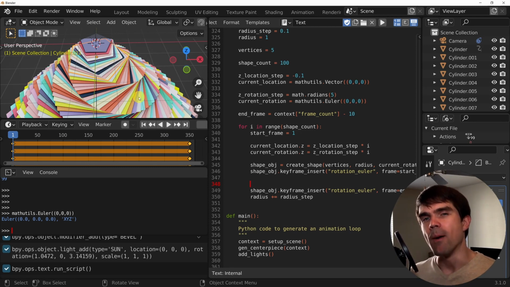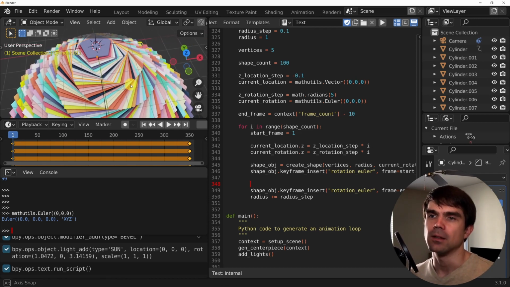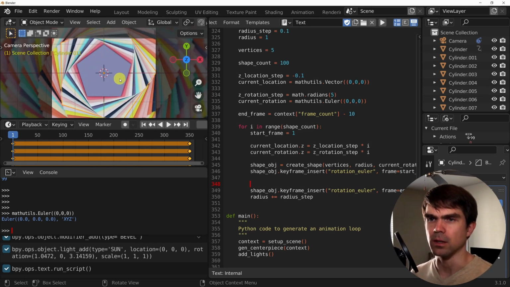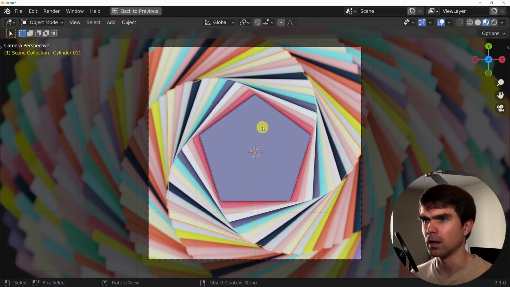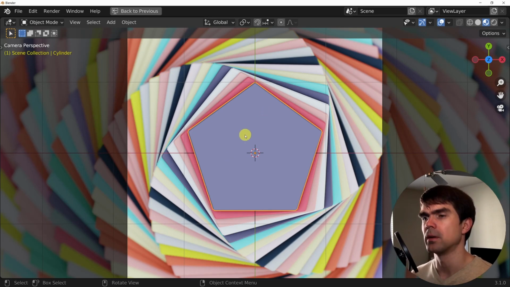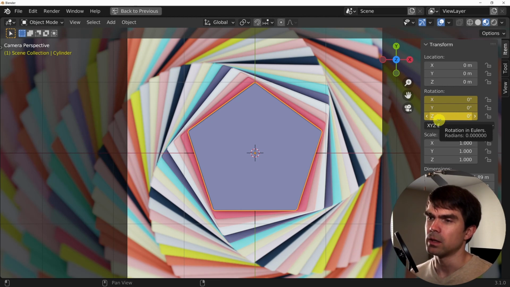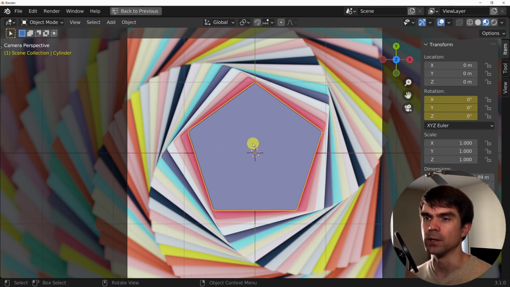Now it's time to modify this rotation to actually get it going. The thing that I wanted to do with this particular loop is, let's just go into the camera and take a look at the top shape. The thing is that I didn't want to do a 360 rotation. I wanted to rotate based on just one turn, because this shape is going to look the same even if we don't do a 360. What does that mean?